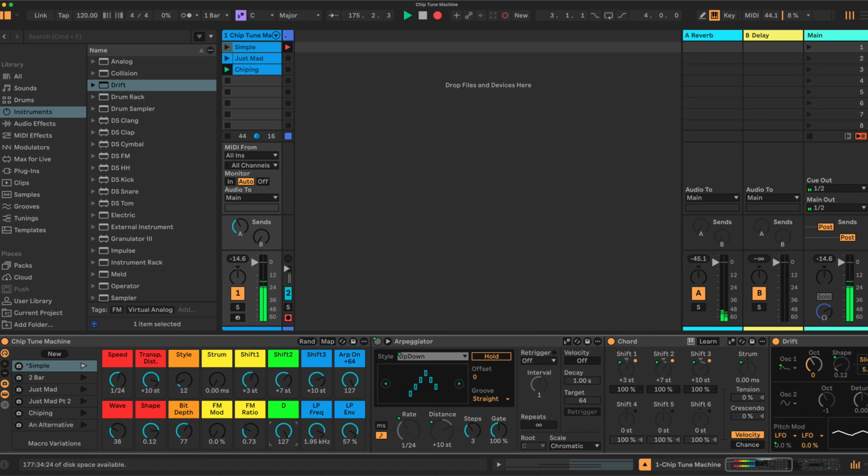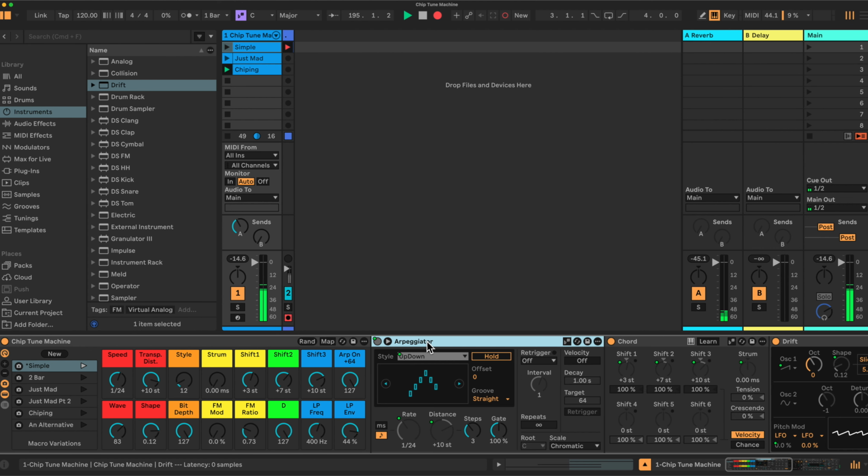We have control over the length, the decay of the tone, small amounts of control over that. Then we have bit depth. We can crunch it up a little bit. We have a filter here with an envelope. So we have a lot of envelope use here. So that's working here. We also have the wave shape itself,